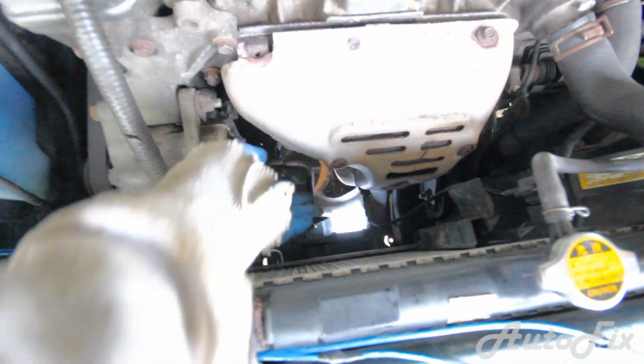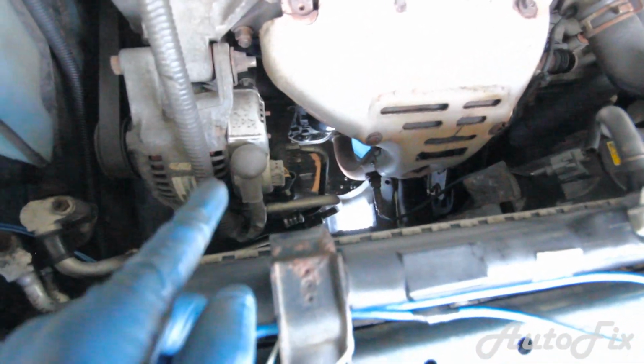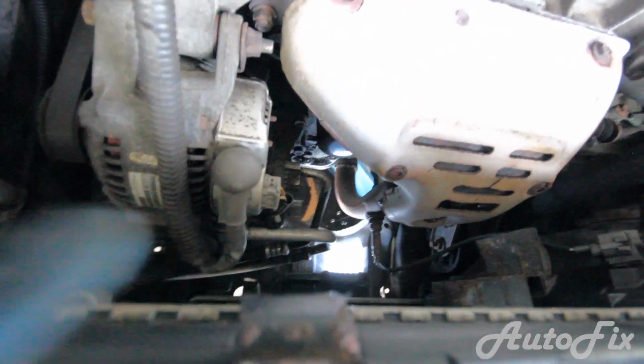Now unscrew it, untighten it, and loosen it up just a little bit, just break it loose, and then turn it about one turn, and it's gonna start draining oil. Maybe, yep. I don't think you can see it, but, oh, maybe you can. It's gonna start dripping oil. So this is why you want the drain pan underneath it. So as it drips, you want to turn a little more